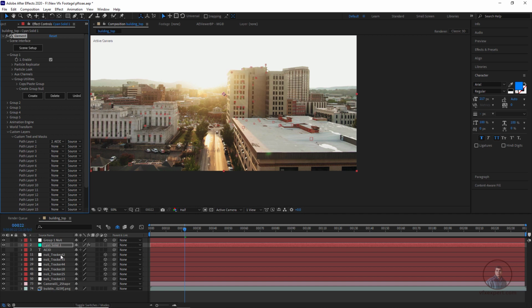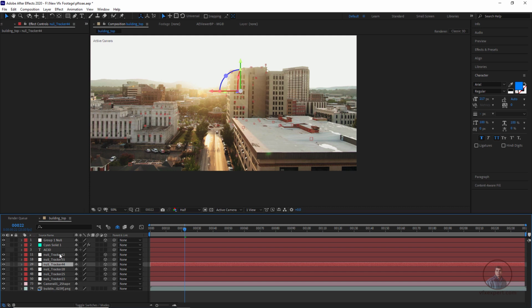Then after this we have to select our locators or point where you want to place your text. So maybe here, like this you can select any point where you want to place your text, which is our null tracker 23. Here I want to place my 3D text. So how can you exactly move your 3D text to this position?